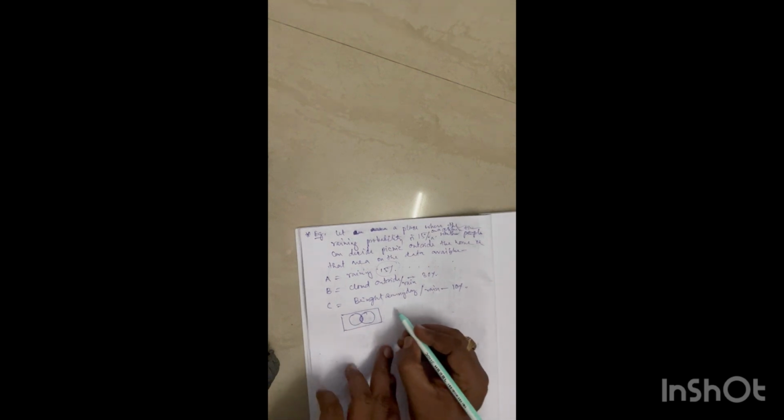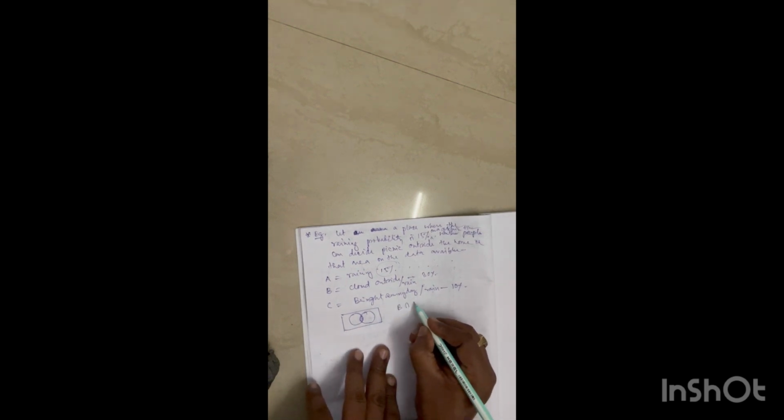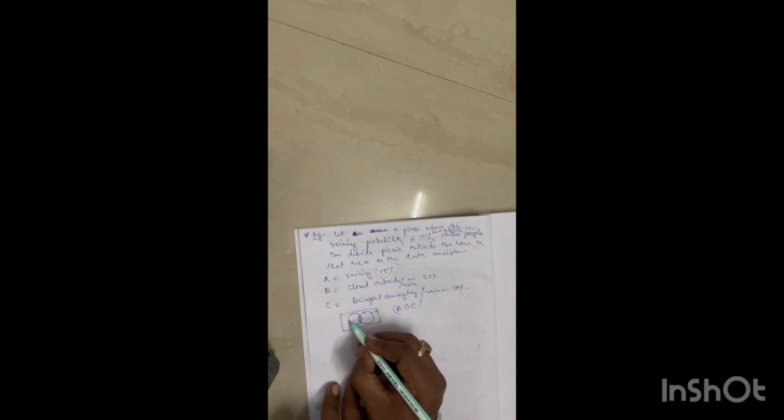Okay, so this is B intersect C. This is the part B intersect C. This is B where cloud and rain, and this is C where bright and rain may come. Now